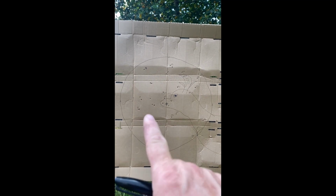All right, so that was the kicks full. There's a lot of pellets right there at that point of impact where I was aiming. I mean, a lot of pellets. That choke right there is pretty tough. I can only imagine what the extra full is going to look like. So we're going to